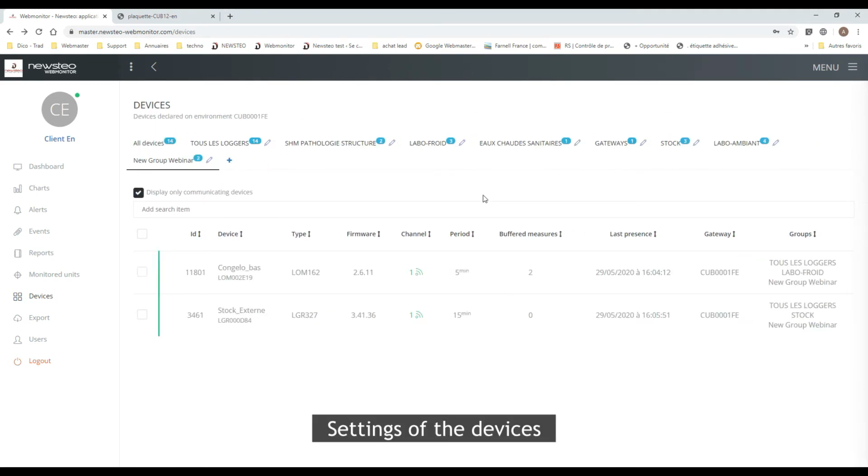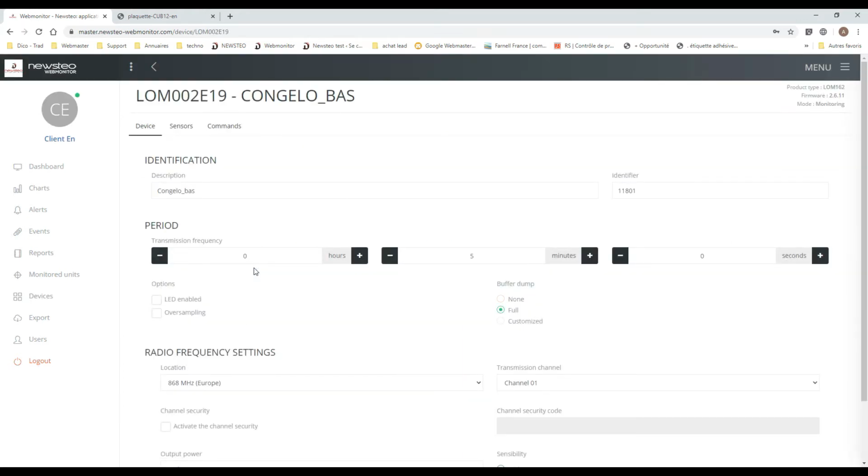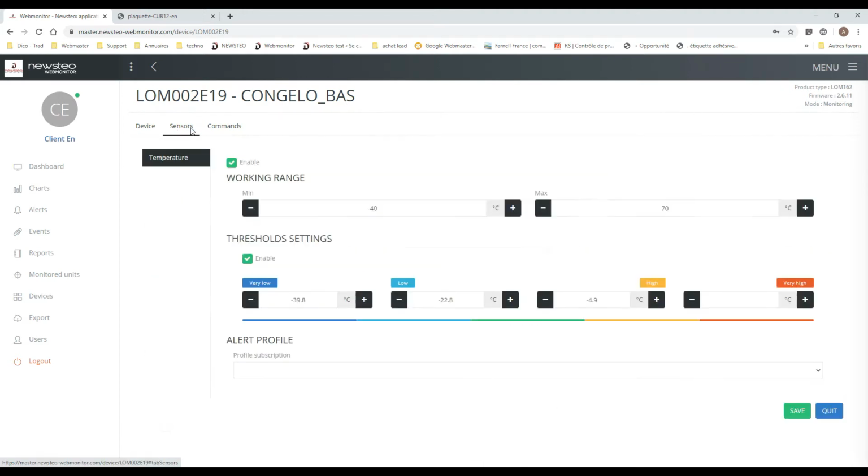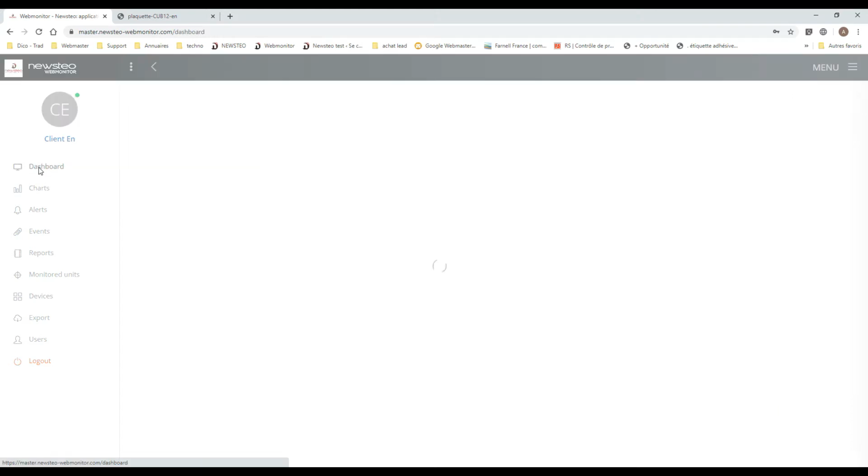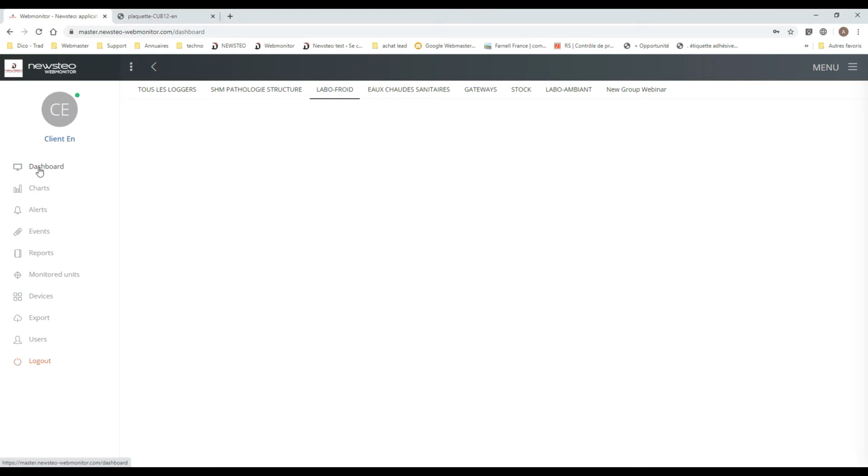On this menu, you can also access the settings of the devices and modify them. Just click on the device and you can modify the measurement frequency, or also you can set the measurement thresholds of the sensors of each device here. If I come back to the dashboard,